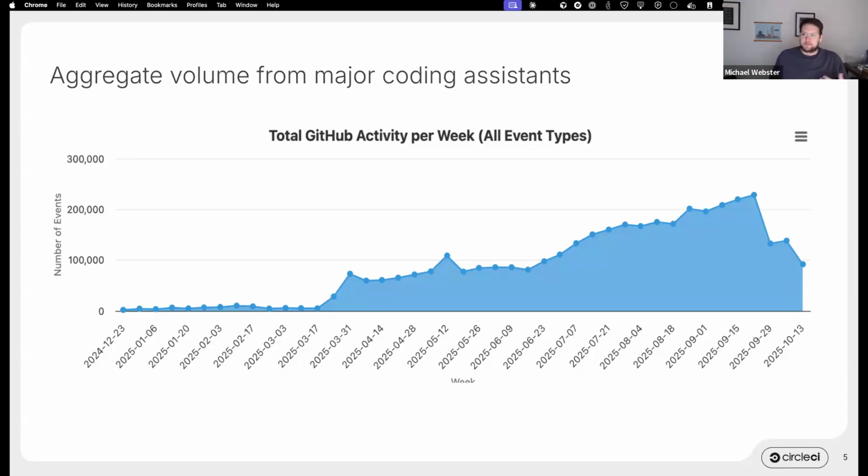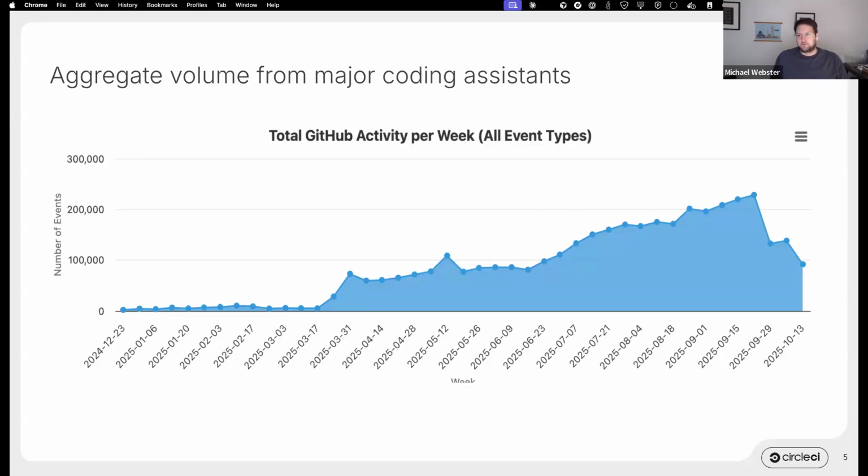I thought it was important to do this because we're making this claim that agents are breaking the SDLC, so it's worth going into some of the data to understand what happens. This chart is showing the total GitHub activity per week, specifically for known AI coding agents. There's a lot of these coding agents. I picked 5 or 6 of the more popular ones, including GitHub Copilot, Claude Code, Devin. A lot of these agents were initially released to do work autonomously.